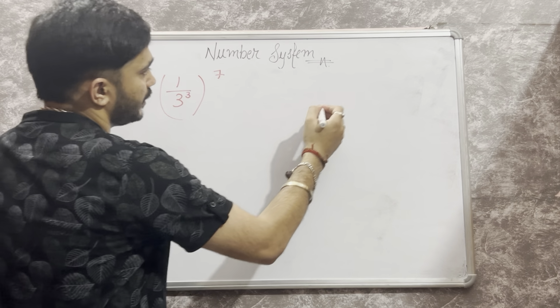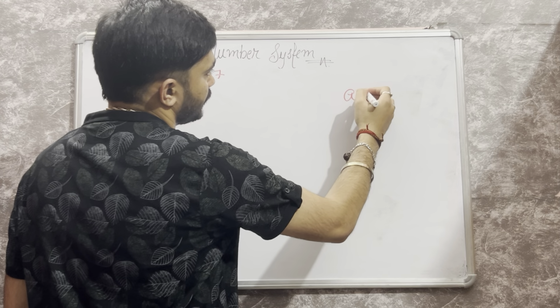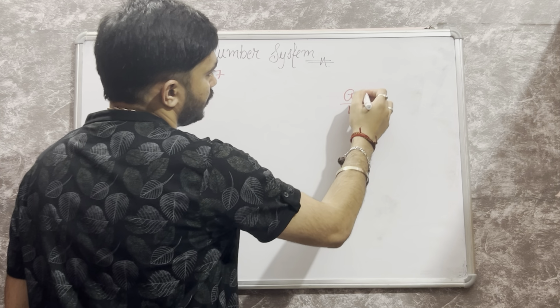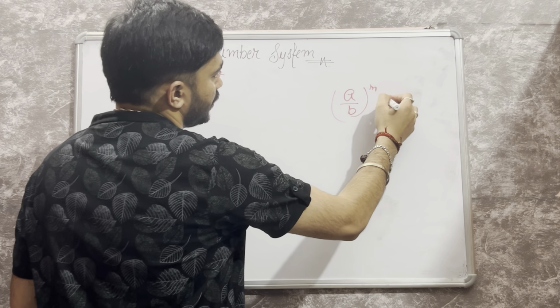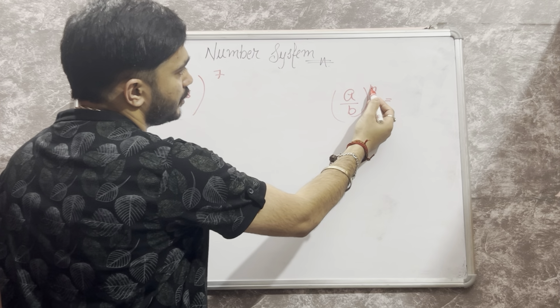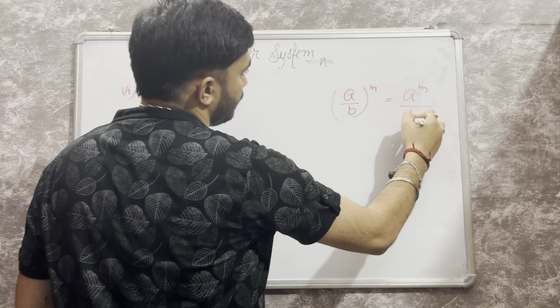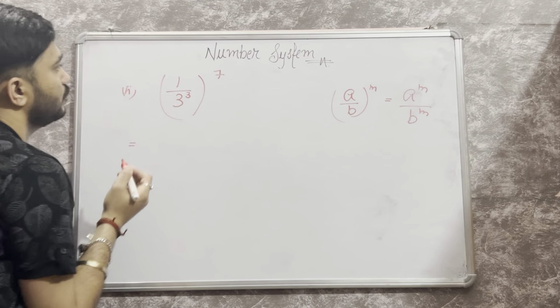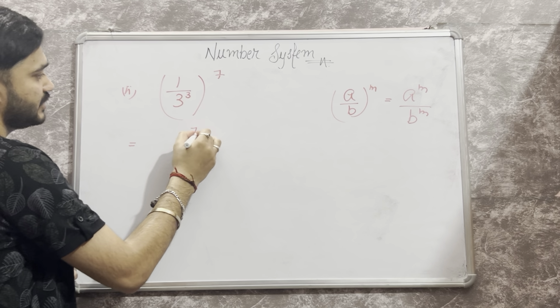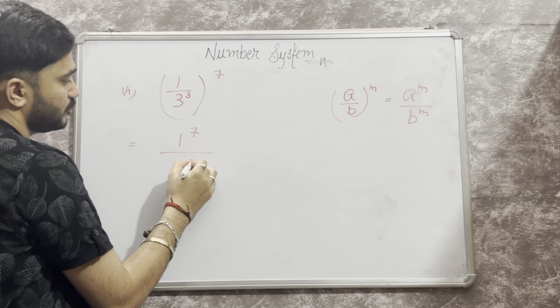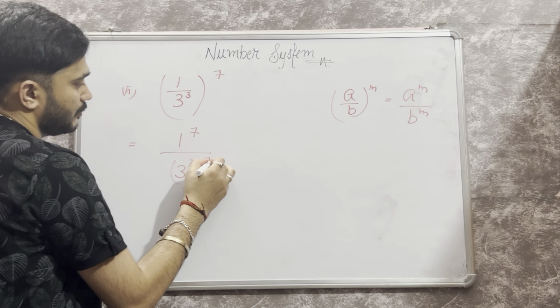Since we have a property, a upon b raised to power m, you are going to give this power to both a and b, that is a power m divided by b power m. So the answer will be 1 raised to power 7 divided by 3 raised to power 3 raised to power